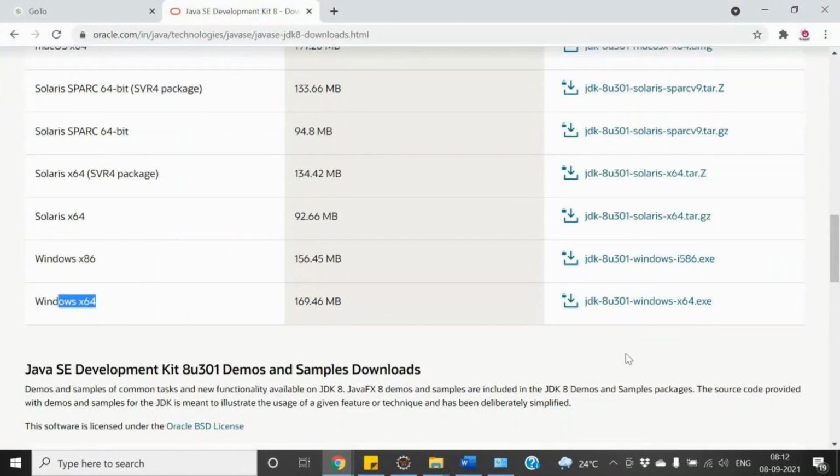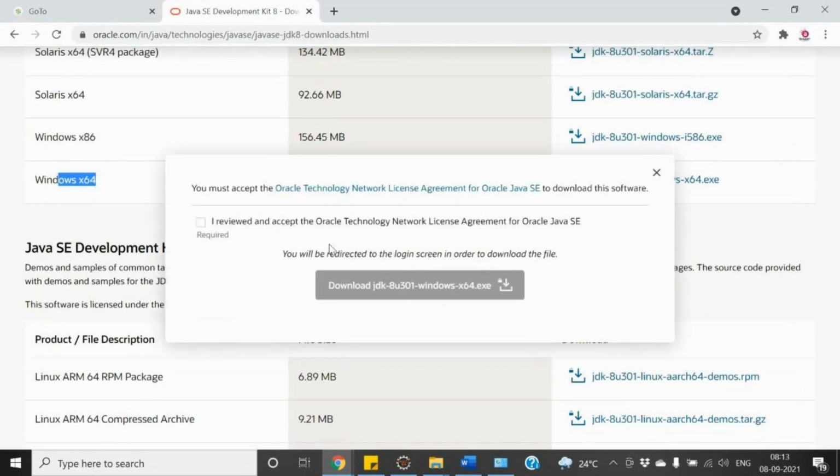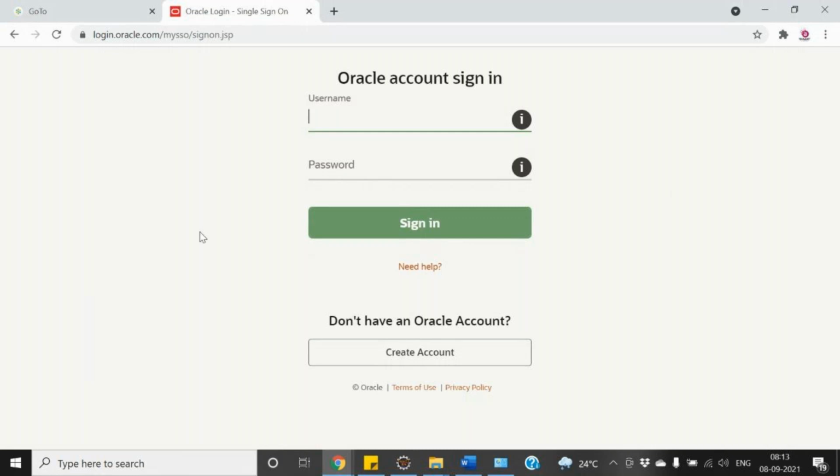Just download this JDK. When you're downloading it, it will ask you for your credentials, it will ask you to log in. What you can do is just create your account over here. Just enter your email address, first name and last name, and create a password. It is pretty straightforward. I do have my account over here, so I'll directly enter my credentials